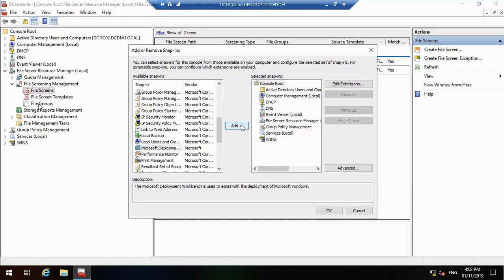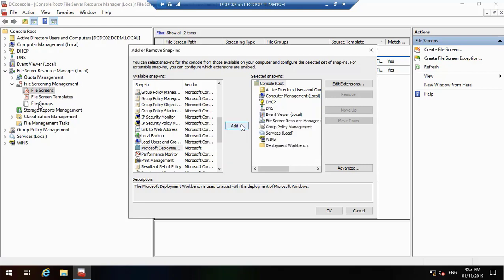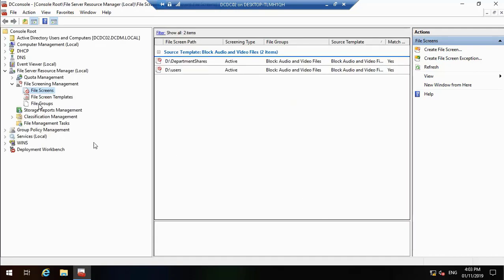This is the console for the Microsoft Deployment. Okay, and then